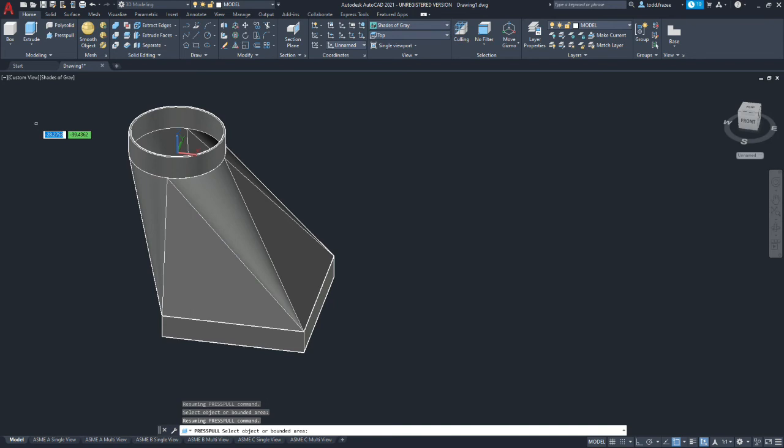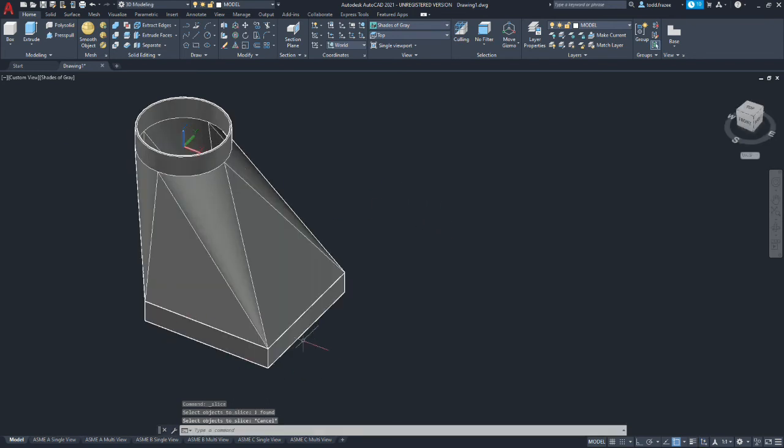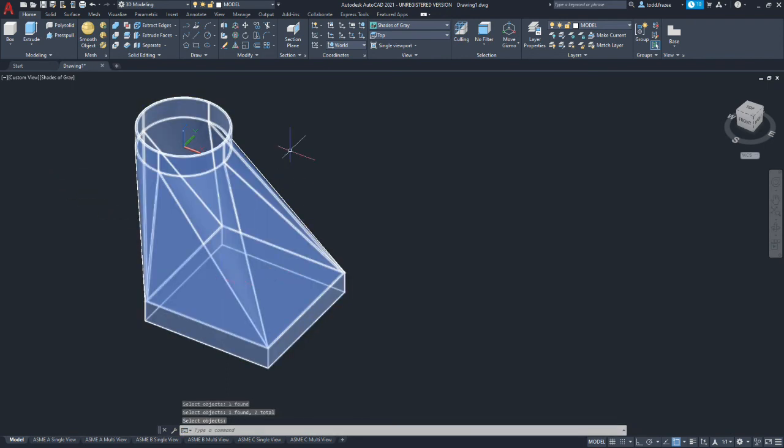I wasn't able to. Now, it looks like for some reason this press pull didn't merge with the main solid. There may be a little bevel on the bottom, something. Anyway, before we slice this in half, we need to merge those bodies. So let's go ahead and do that. And now it's all one piece.